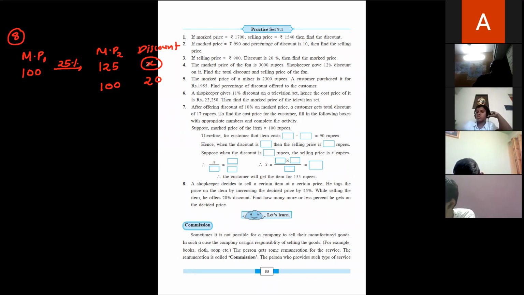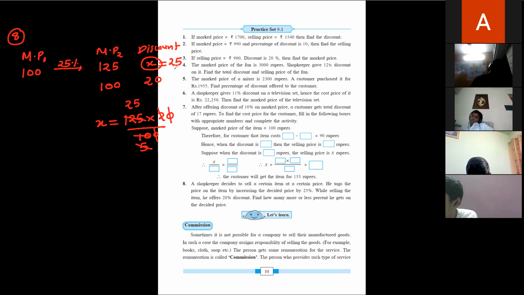Okay, now what we'll do is we'll first find out what is the discount. So for that, we'll cross multiply it. X will be equal to what? 125 into 20 divided by 100. This 0 and this 0 get cancelled. 2 5s are 10. 5 and this will get cancelled. We'll get the answer as what? 5 2s are 10. So what we are getting is the discount as 25 rupees.